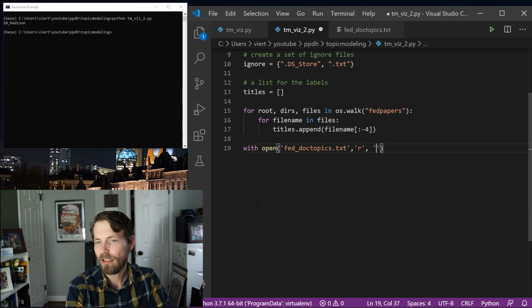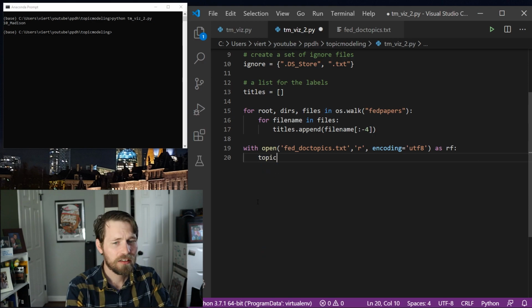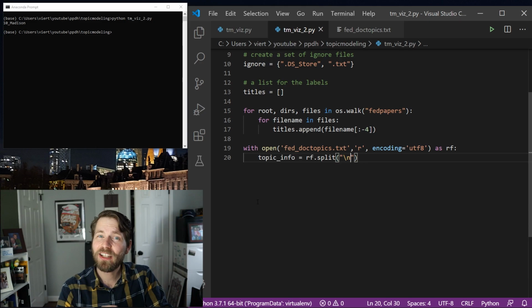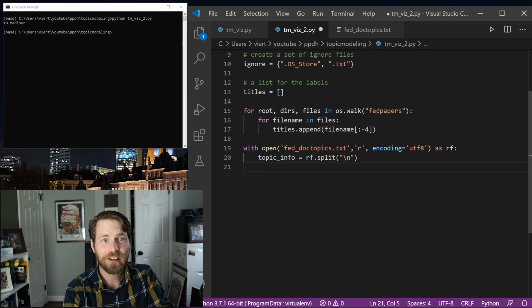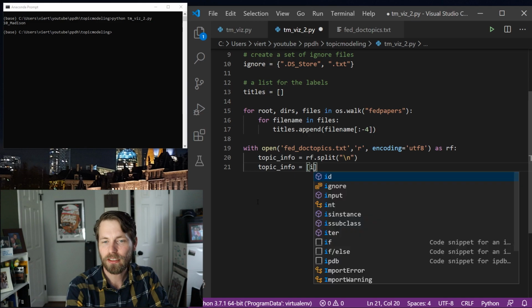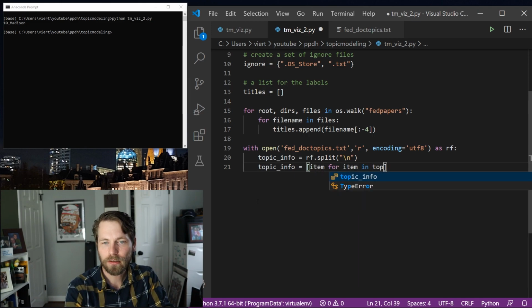Again, reading it with a UTF-8 encoding as rf, and here we'll say topic info again equals rf split across the new line characters. We could use splitlines, but that maintains the new line character in them, and I don't really like that. And we could do a similar thing to the last file where we get rid of that last line that is empty. Item for item in topic info if item is not